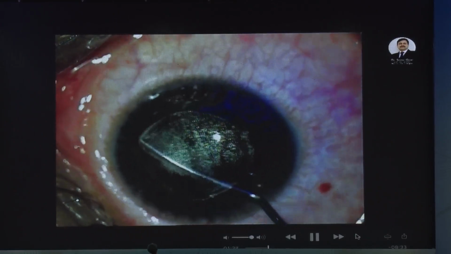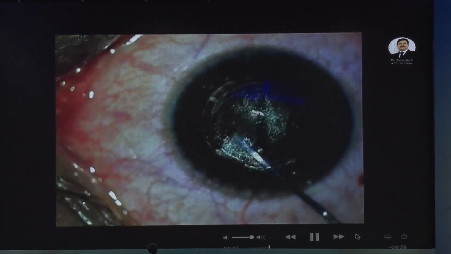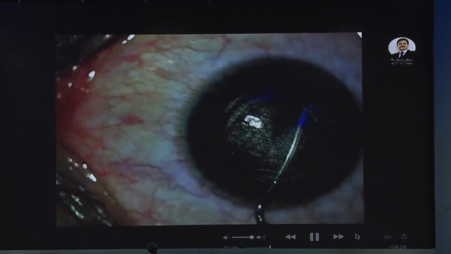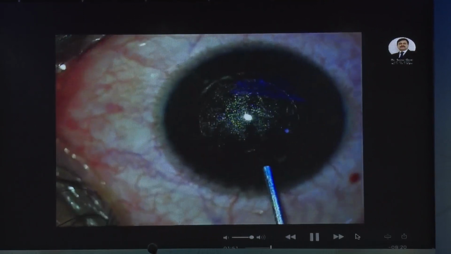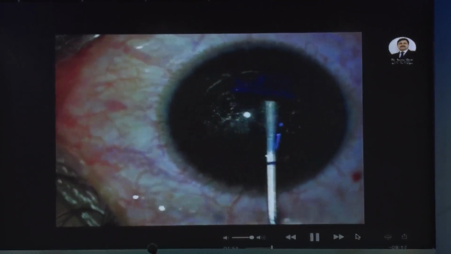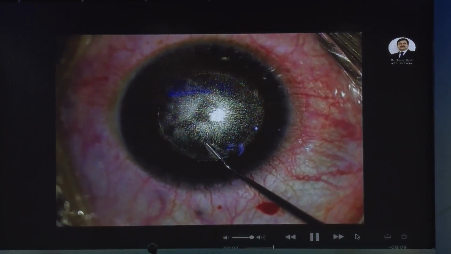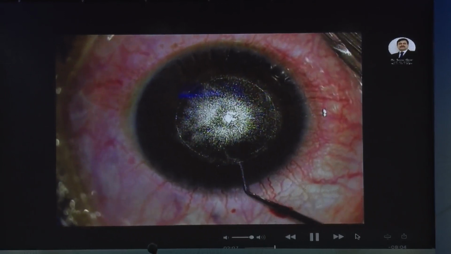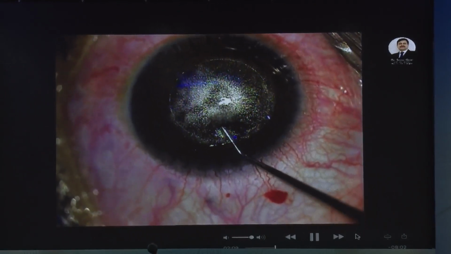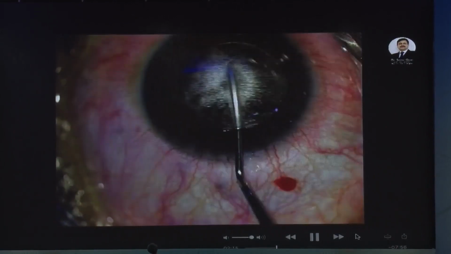Then I try to create a small hook here. So this gives me a point of anchorage. I go on the right side, try to do a clean sweep there, and then come at the end and try to separate this. Go inside, put in the BSS and gently wash this off. Just note again, as I move in, the whiteness goes off. So this is the gas bubble sign, and this indicates that the femtolaser energy which has been applied, the settings, have been appropriate and just appropriate to give you a very adequate smooth dissection.